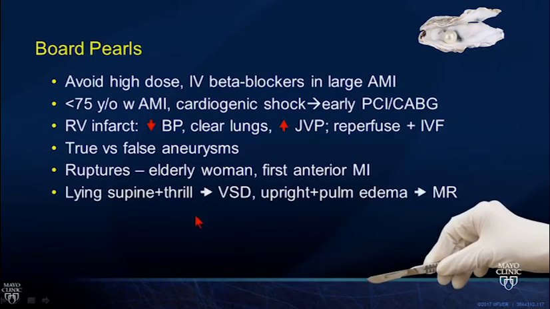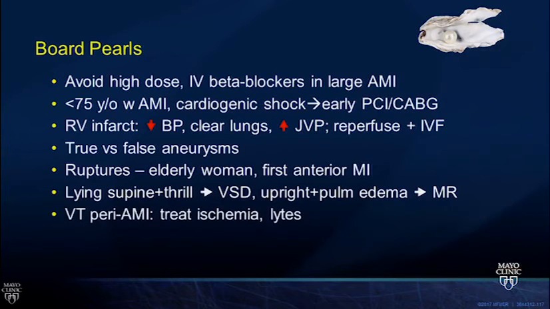If you have a patient who is lying supine and develops a thrill, think about VSD. This distinguishes the person, the position. If they're upright and they're in frank pulmonary edema, respiratory distress, you may or may not have a murmur. That's when you're going to think about acute MR, something like papillary muscle rupture. The position of the patient helps you decide what's going on, but then you're going to confirm it with imaging as you call your surgeon.